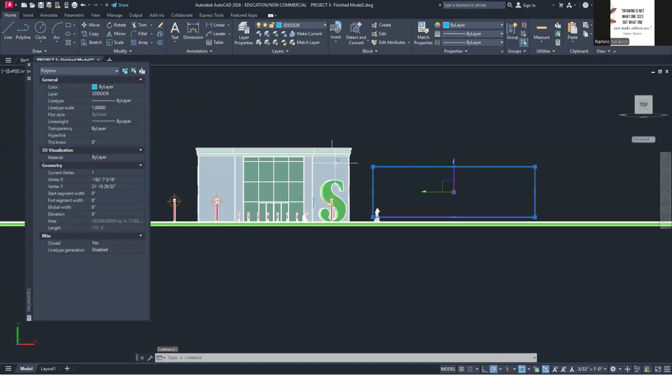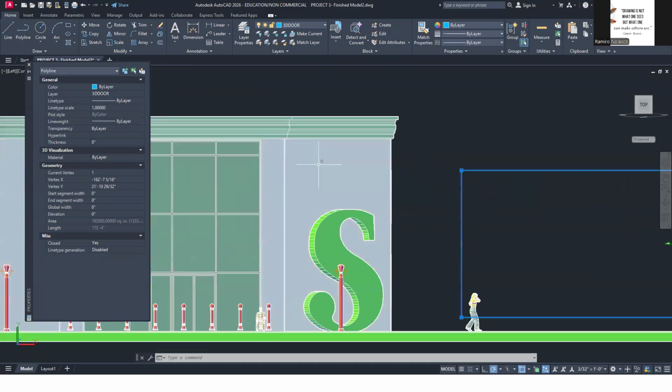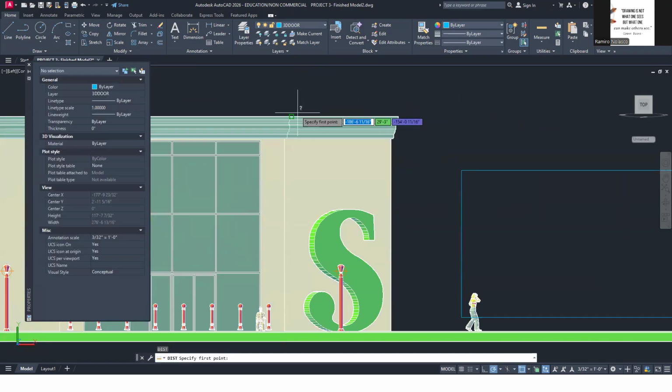So you want to scale it to the size you want to place it here. Okay? And most probably, if I check DI, for example, from here to about there, so that's about 10 feet. So I want this rectangle to be scaled down to 10 feet.